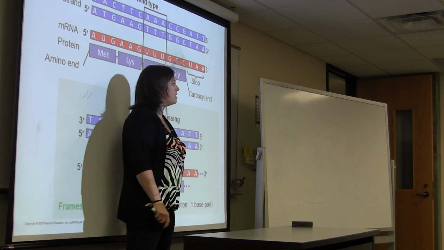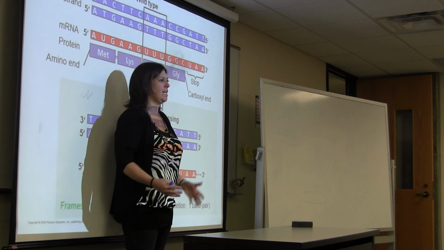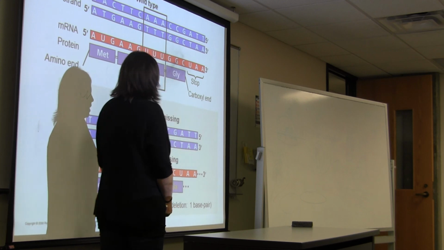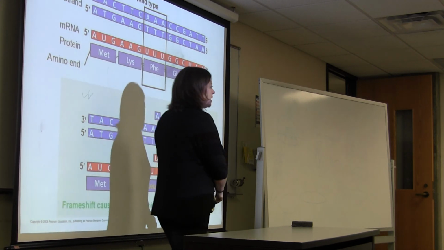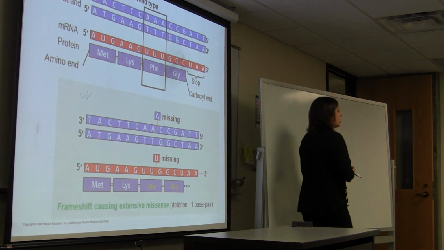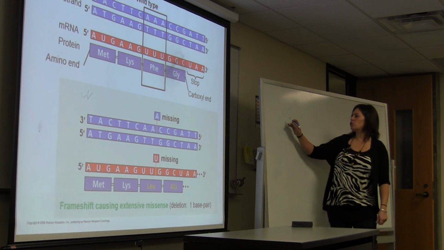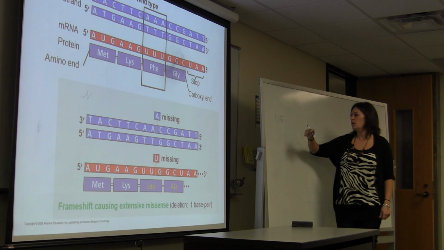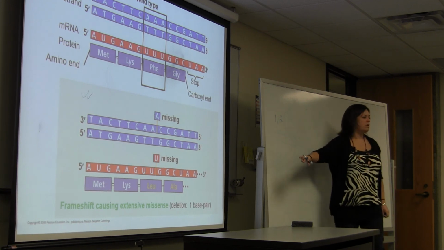Because more than half of it has the wrong amino acids, this protein is not going to be functional at all. And so you're always going to get a frame shift mutation if you have an insertion or a deletion in multiples of 1 or 2. But if